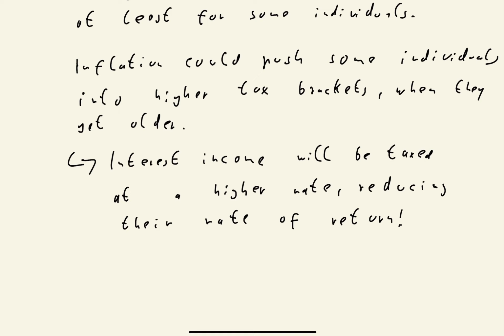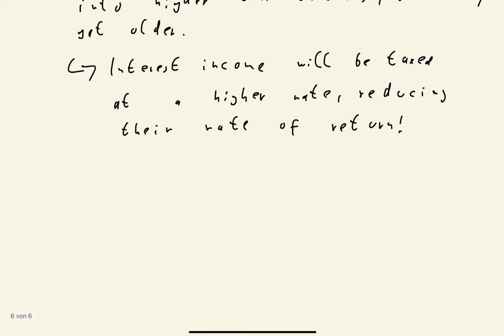But at the same time, if you want to meet some kind of fixed consumption in the future, then you will need to save more in the present in order to hit this level of consumption in the future. So also here it's unclear whether there will be an increase or a decrease in savings if we are considering people who are pushed into higher brackets due to the inflation. But for some individuals